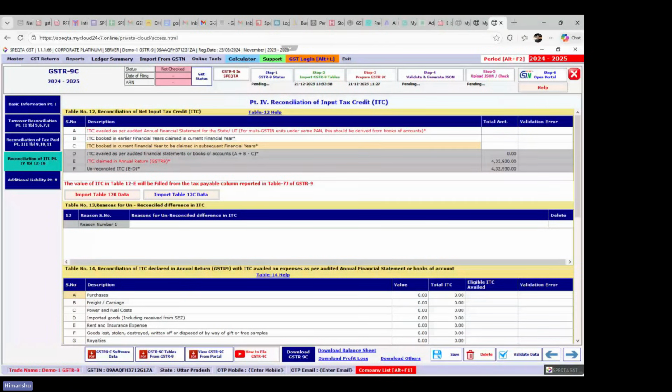अब यहां पर क्या हुआ कि पहले से 9C के अंदर एक फील्ड हुआ करती थी, आईटीसी बुक्ड इन अर्लियर फाइनेंशियल ईयर क्लेम्ड इन करंट फाइनेंशियल ईयर। ये फिगर पहले से 9C के अंदर थी, लेकिन ये तब काम करती थी जब वहां पर 9 में फिगर नहीं होती थी। But from the current year government had introduced this 6A1 already in 9, तो 9 के अंदर जब ऑलरेडी इंक्लूड कर दिया तो जो 9 से ऑटो पॉपुलेट होके आ रही है आईटीसी, that is from the table number 7J, और 7J में जो आईटीसी आ रही है वो प्रीवियस ईयर की आईटीसी को एक्सक्लूड करके आ रही है।